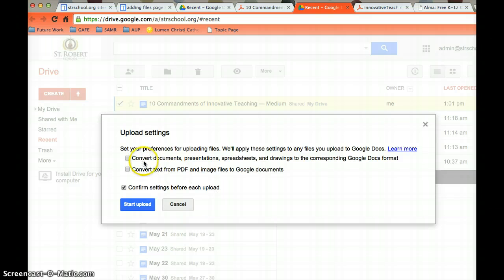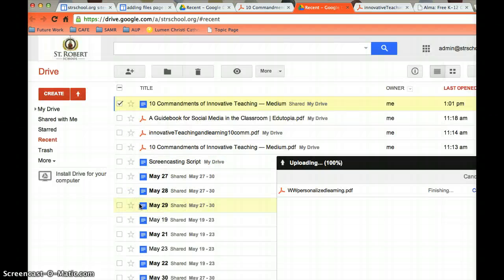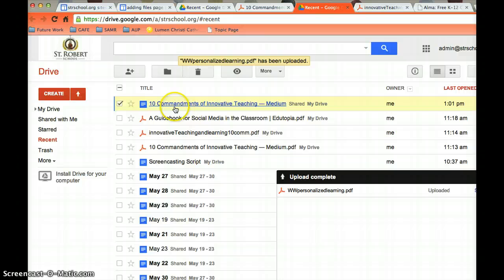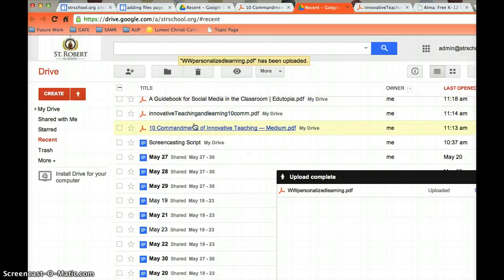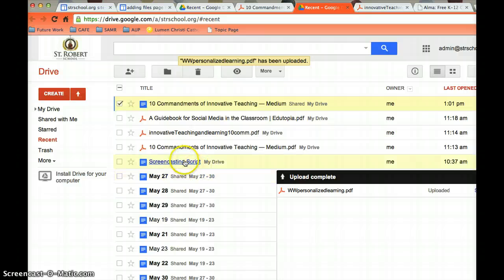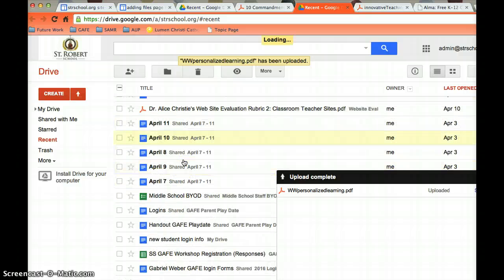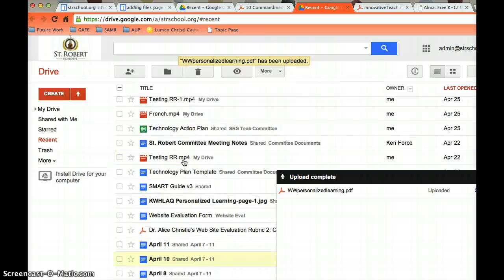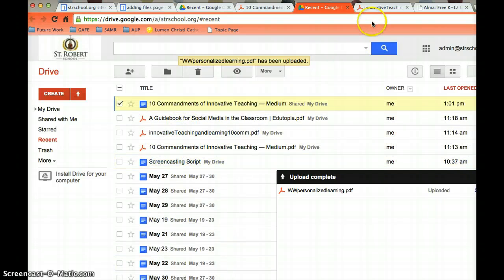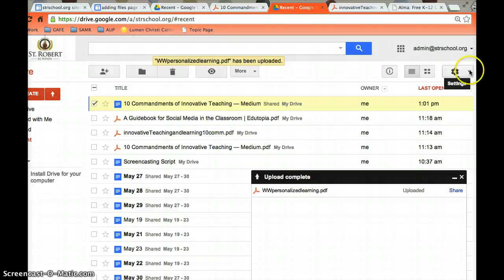And then there could be reasons why I'd want to convert things to Google Docs format. This file I do not, or I might want to convert my text from a PDF into image files, but I don't. I'm going to start my upload process, and I'm going to show you exactly where to get that. All right, so it is WW, where is that? I wonder if it went alphabetical. Hold on one second. I'm going to find that file, but before we forget, your settings here,